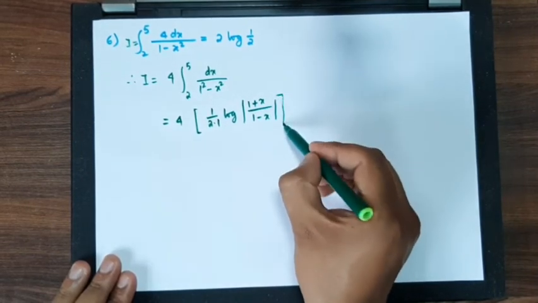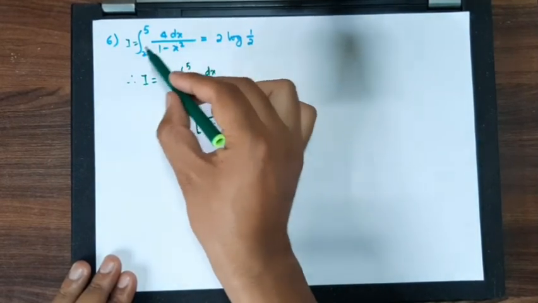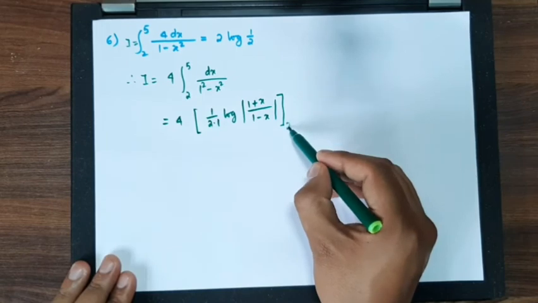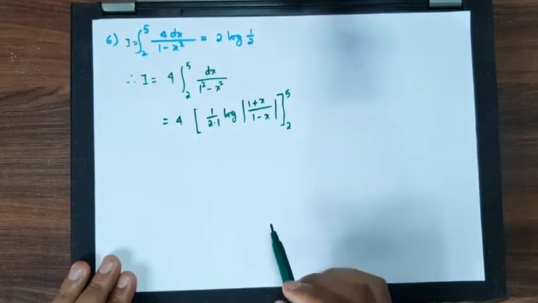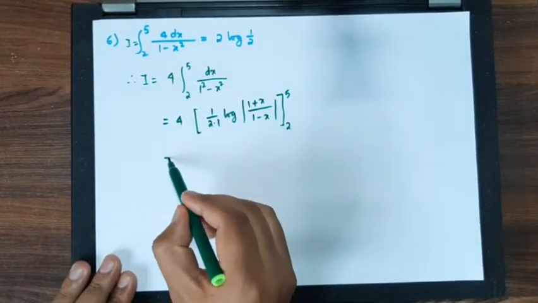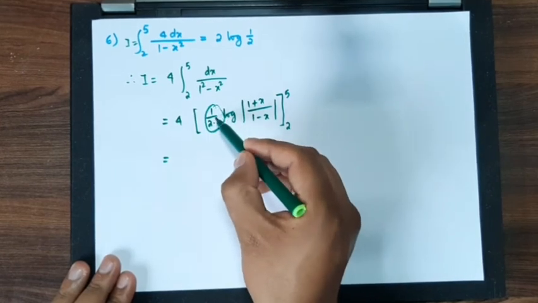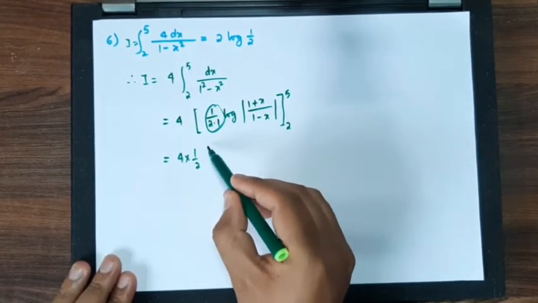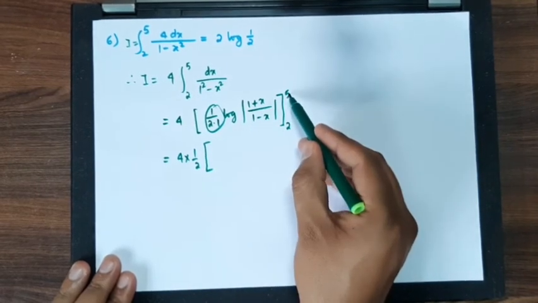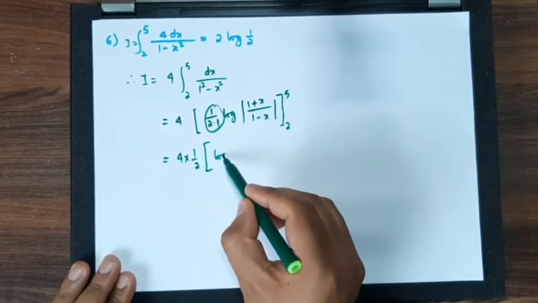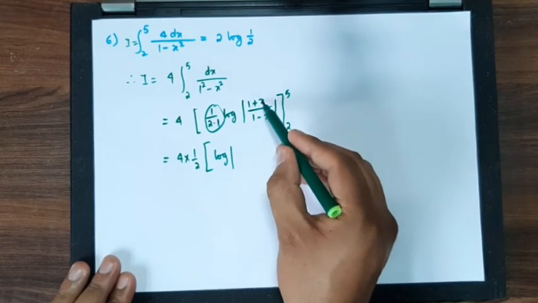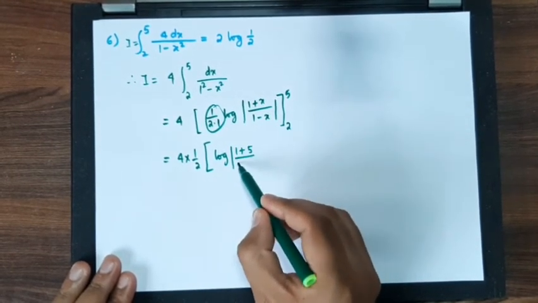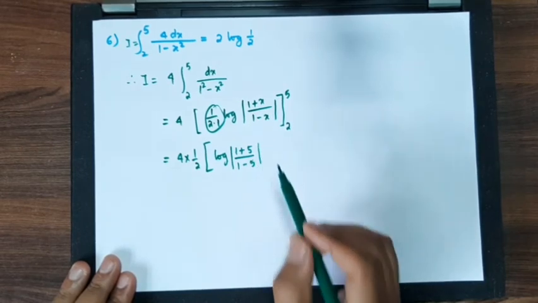So this is the integral, and since we are doing a definite integral, we need not put any constant of integration. Instead we will put the upper limit and lower limit values. How much is this? This is equal to half, so this half can be taken outside. Let me write 1 by 2 outside. Let me put the value of limits now. So we have log of 1 plus x divided by 1 minus x. First we have to put the upper limit, that is 1 plus 5 divided by 1 minus 5,